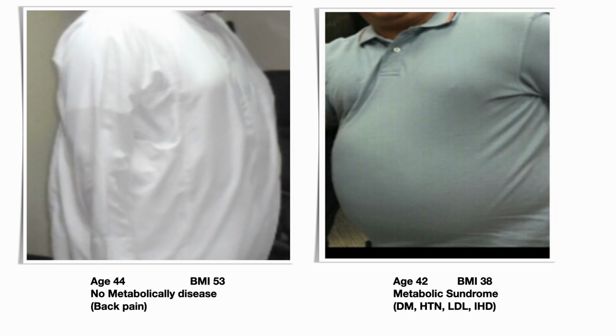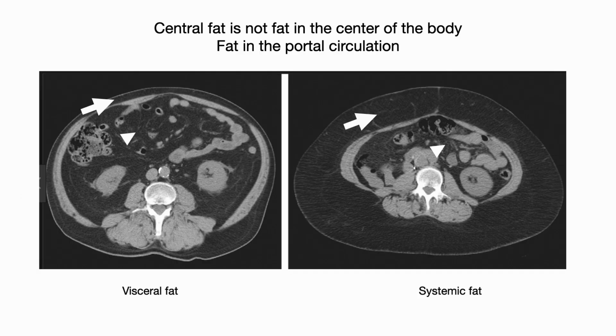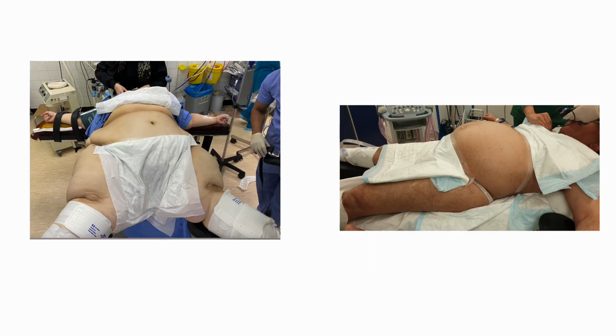And to explain it from an X-ray point of view, if you look over here, the CT on the right says systemic fat. So that is the fat that is peripheral underneath the skin. You can see it's underneath the skin, the full arrow, and the small arrow is the visceral fat. You can compare the two. So the one on the left has more visceral fat than peripheral fat. So we expect the one on the left to be sicker than the one on the right. And that is how we look at obesity. You can see the one on the right has central fat, the one on the left has fat all over. So they're not the same.